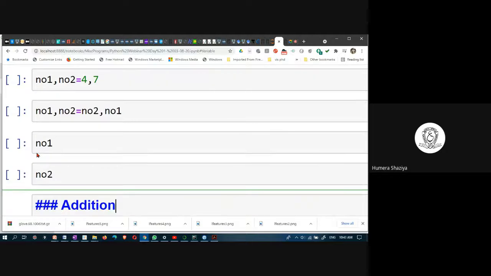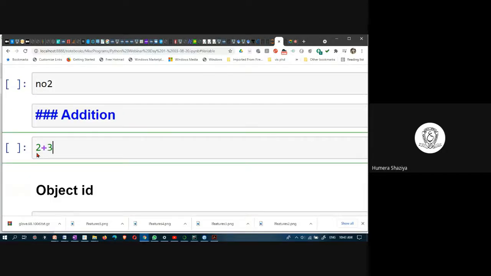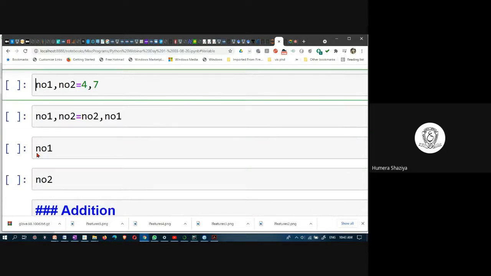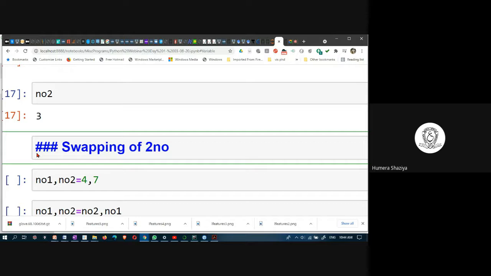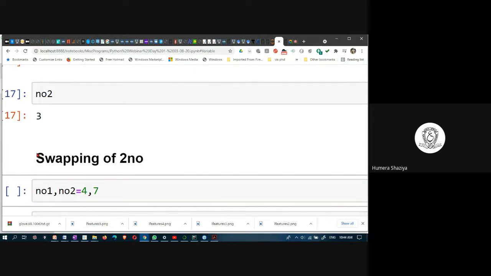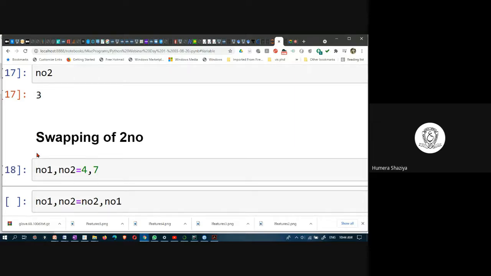And then this is number 1, number 2. Here we are directly swapping. What is the meaning of swapping here? Will anyone tell me?